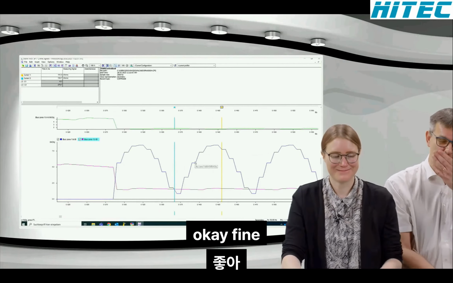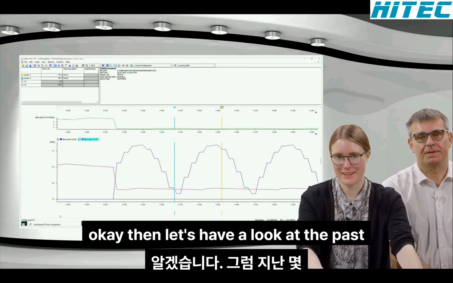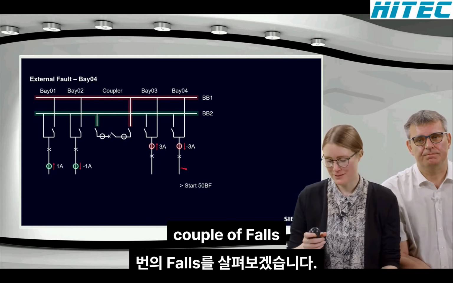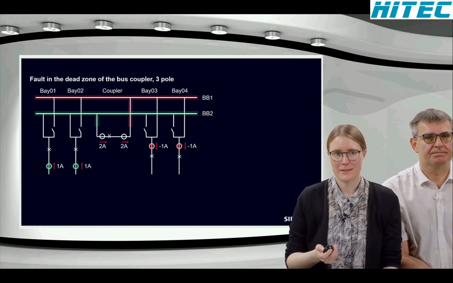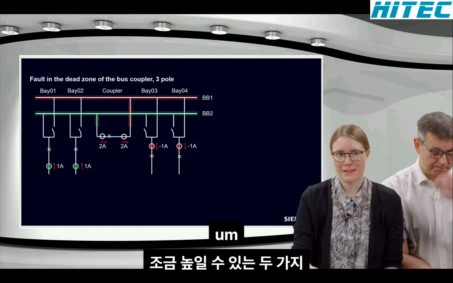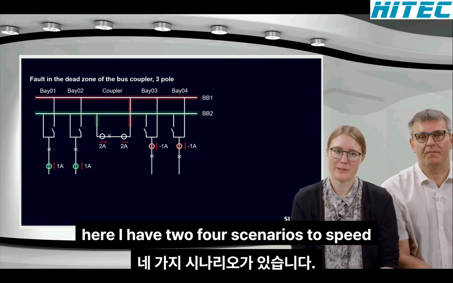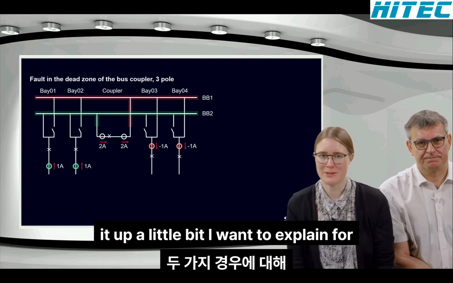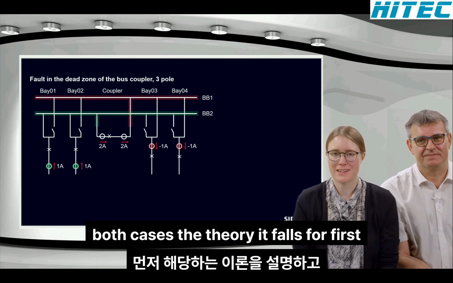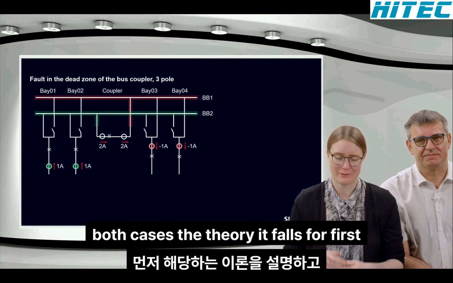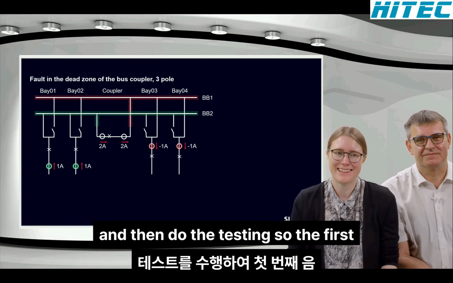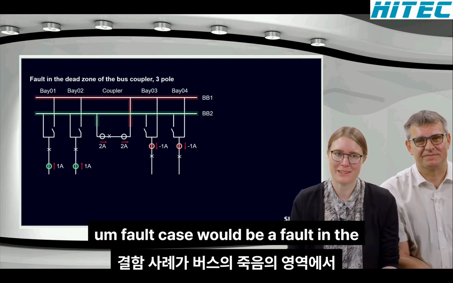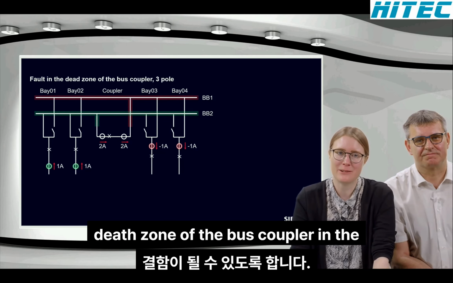Okay, fine. Then let's have a look at the bus coupler faults. So here I have 2 fault scenarios. To speed it up a little bit, I want to explain the theory for both cases at first and then do the testing. So the first fault case would be a fault in the dead zone of the bus coupler